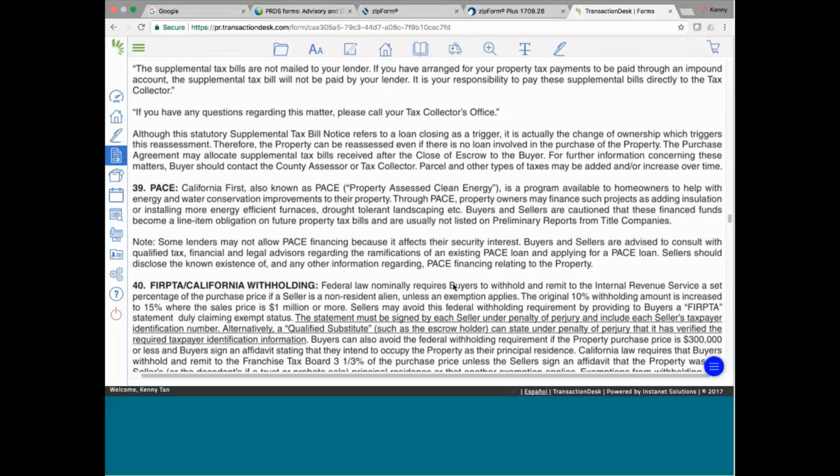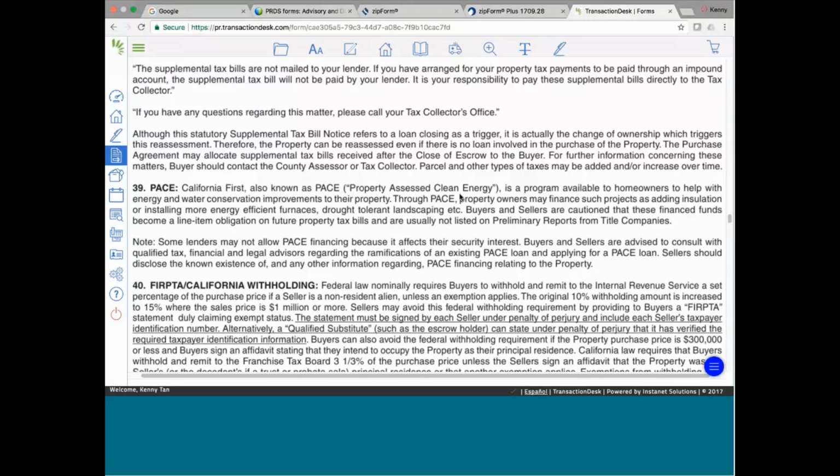You know what PACE is about? Sometimes, people borrow money to improve their property under the PACE program. PACE stands for Property Assessed Clean Energy. Now, if people borrow money to conserve energy and water, to make certain improvements that help them conserve energy and water, they can actually get a loan from the government. If they borrow money for the improvement, there will actually be a lien against the property. So something for the buyer to be aware of, because this lien actually stays with the property now. So if you are the buyer,